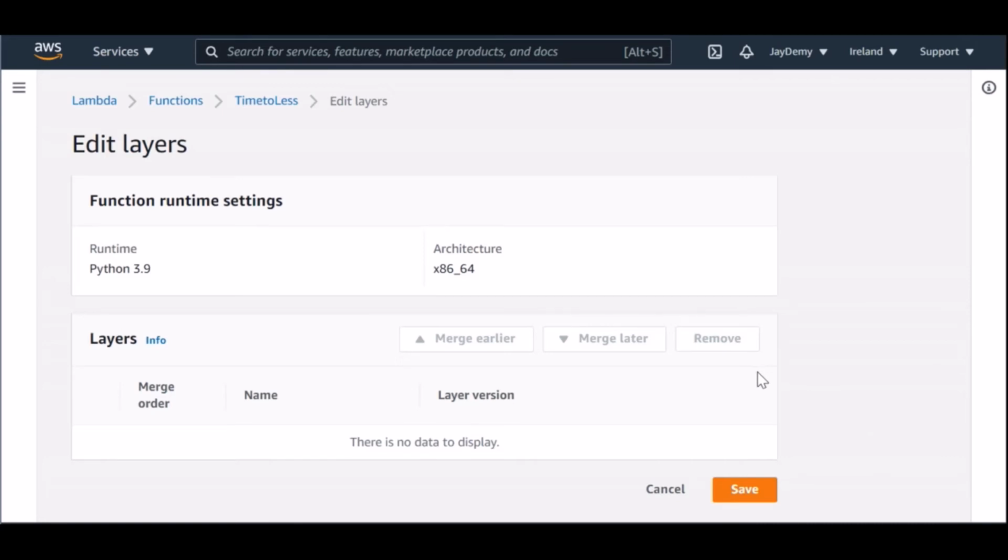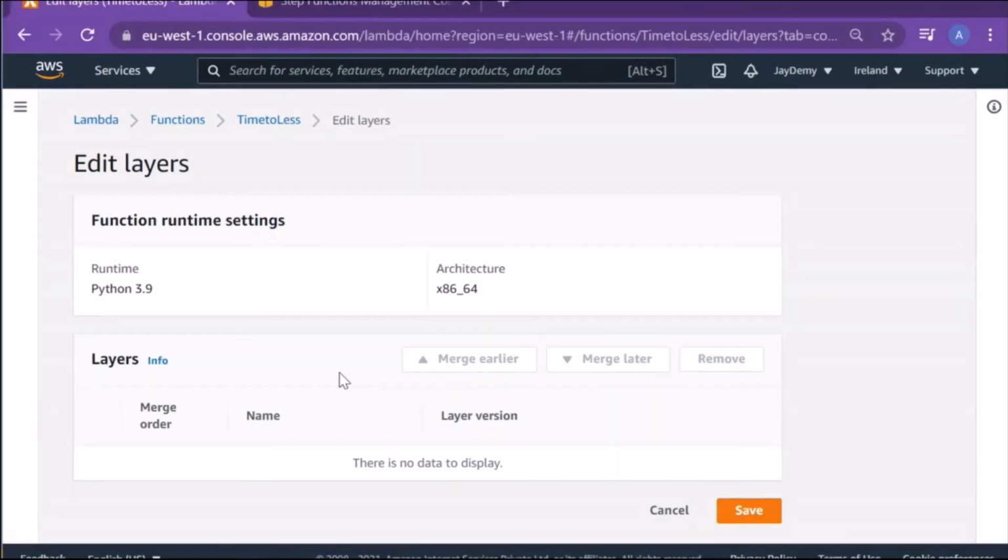Layers provide a convenient way to package libraries and other dependencies that you can use with your lambda function. By using layers, you can reduce the size of upload deployment archives and make it faster to deploy our code. Layers also promote code sharing and separation of responsibilities, so that writing business logic can be faster.